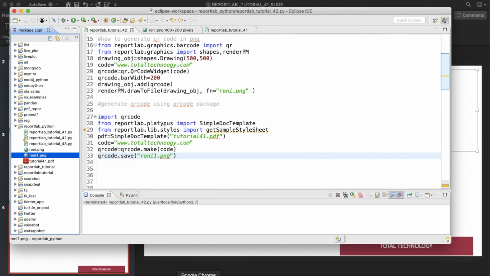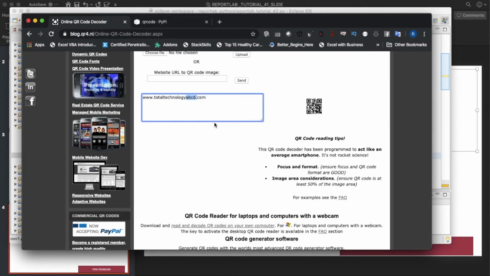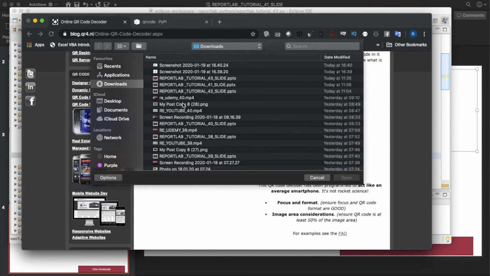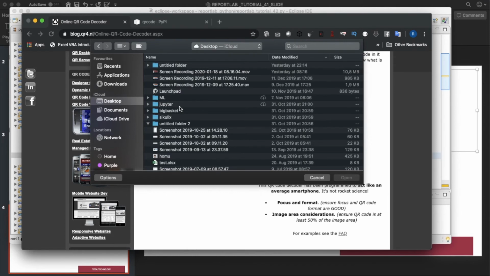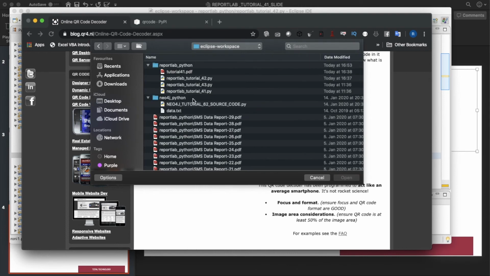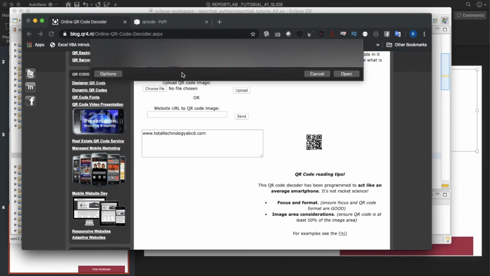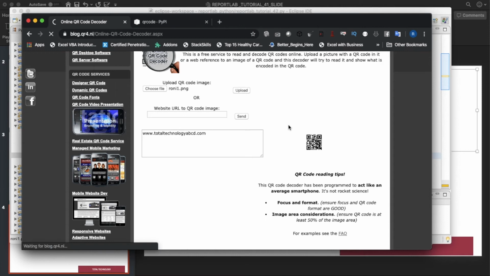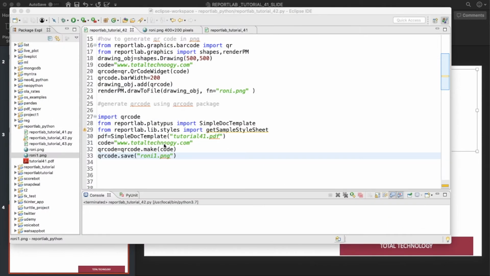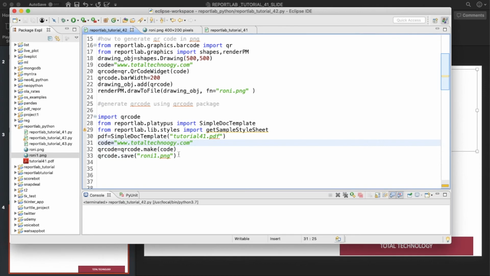So let me just run this thing to check whether we are getting this same string or not. So this is Ronnie1.png. So upload, see totaltechnology.com. So let me change something here, 1 2 3 4 5 6, and try to run this thing again. So timing is